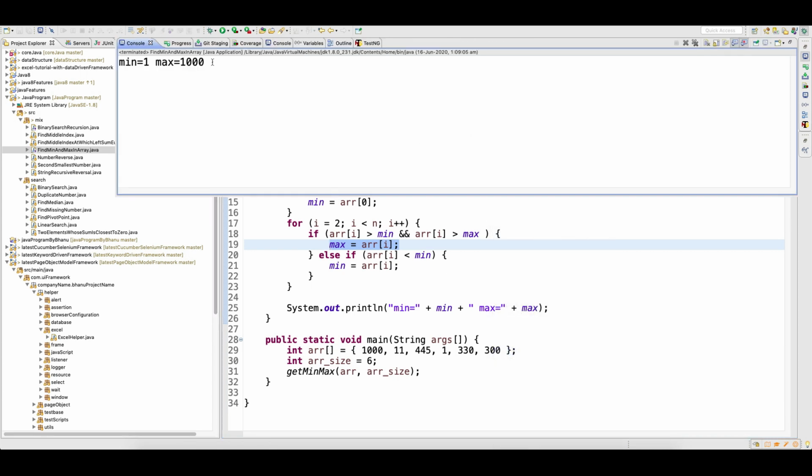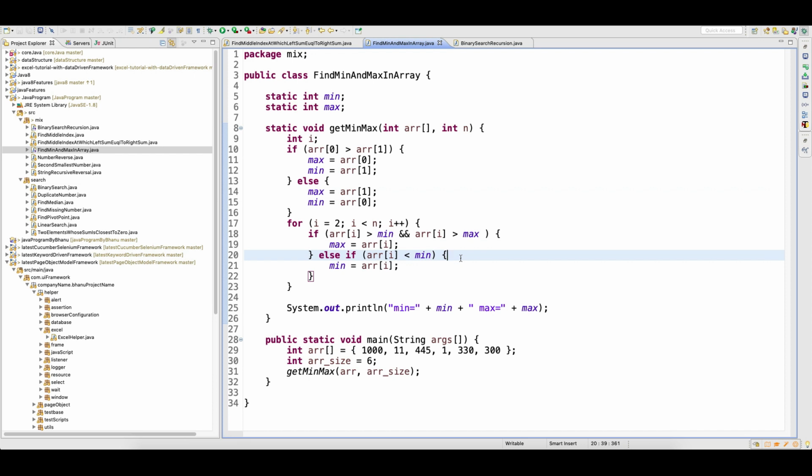Now if I run the same program, what happens, guys? Look at that, you will get mean equal to 1 and max equal to 1000. Now you are not getting 300 anymore. So guys, whatever I have explained in my diagram before this, that's how you should explain in the interview. Coming to the output, writing the code, getting some other output, that is again a matter of argument, right? But first you need to explain how you attack any program. So whatever I have explained, you attack in that way and then write the logic.